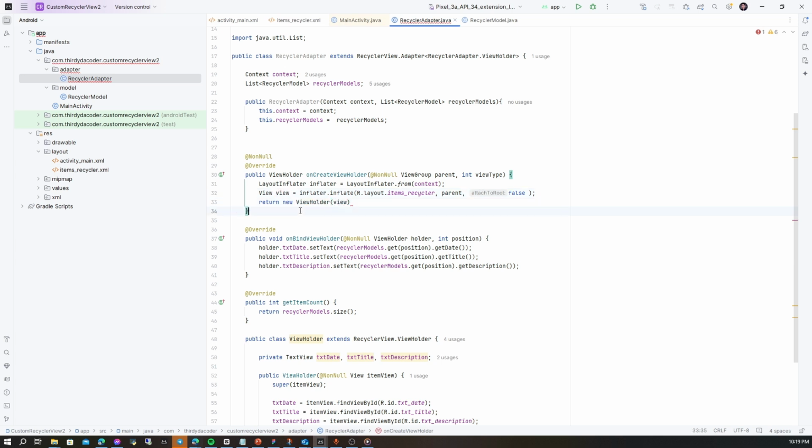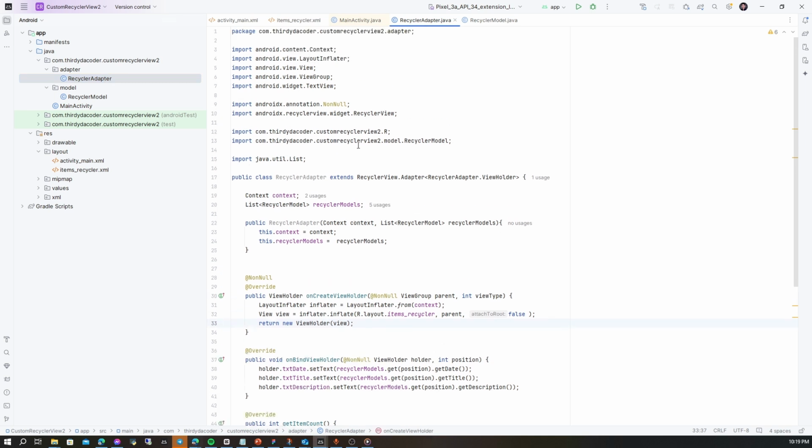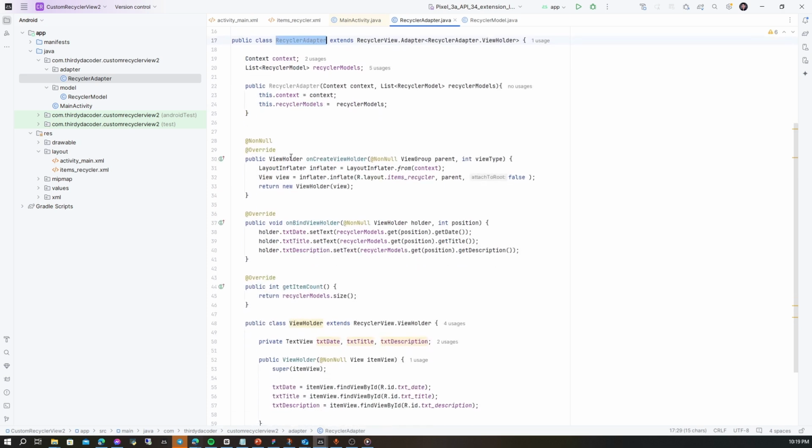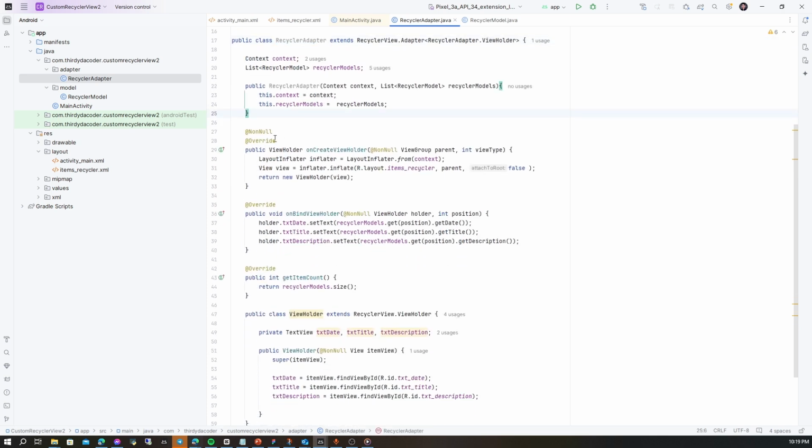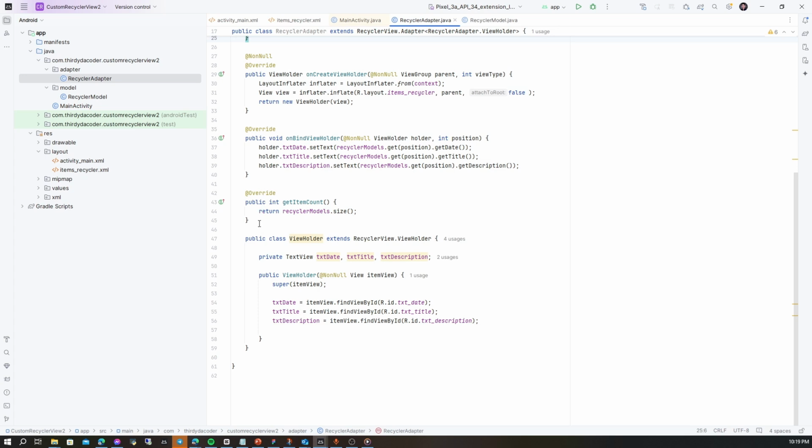Okay, that's it, I think, for our recycler adapter. As I mentioned, the recycler adapter is crucial, but if we practice, we can remember it and apply it to many recycler views in Android projects.